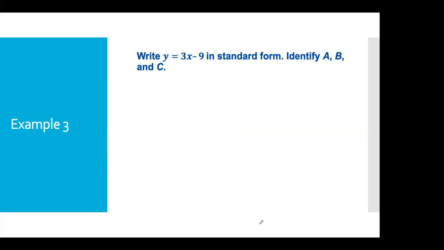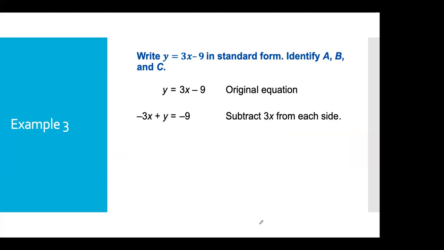All right, let's take a look at example 3. We have y equals 3x minus 9. We want to write this in standard form and then identify a, b, and c. So we're going to take our original equation. And in standard form, we have x and y on the same side. So we're going to subtract 3x from both sides. So we would just do minus 3x,